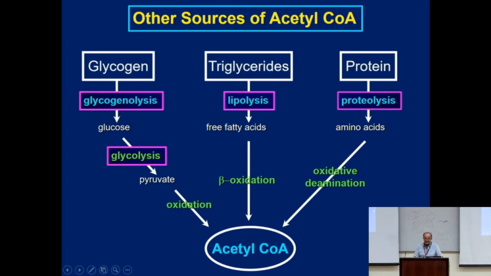But I want you to appreciate that acetyl-CoA comes from other pathways as well. It can come from amino acids. It can come from catabolic processes involving fatty acid beta oxidation. So it's a very important common intermediate in metabolism, not just coming from pyruvate and glucose, but coming from other nutrients that we take in, fats and